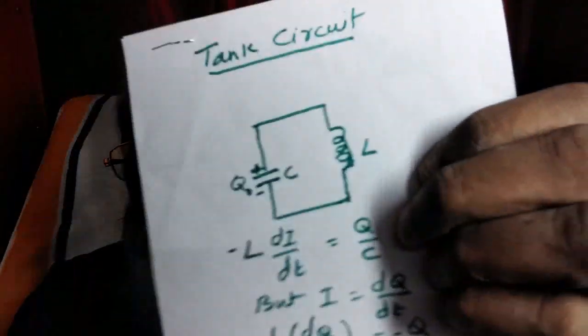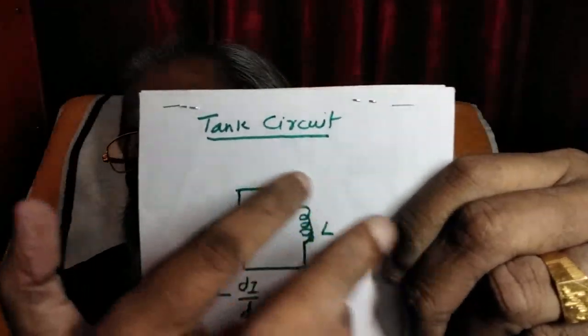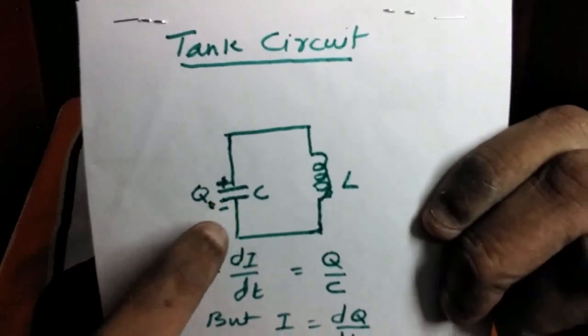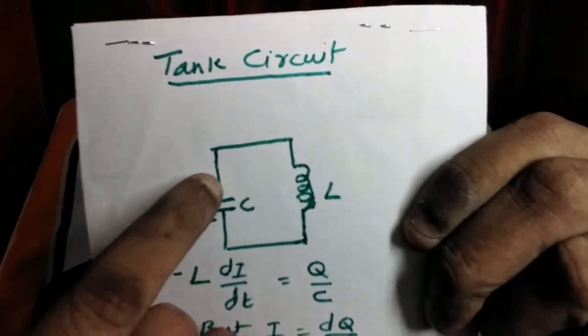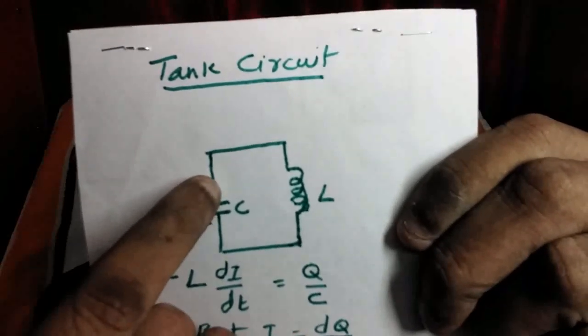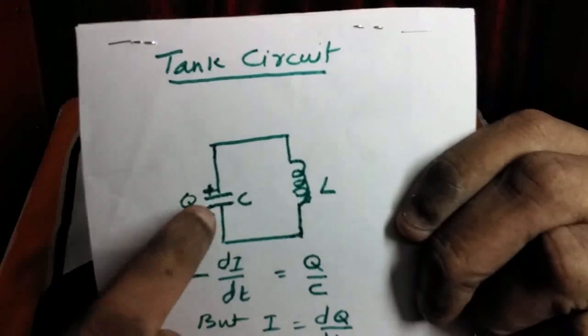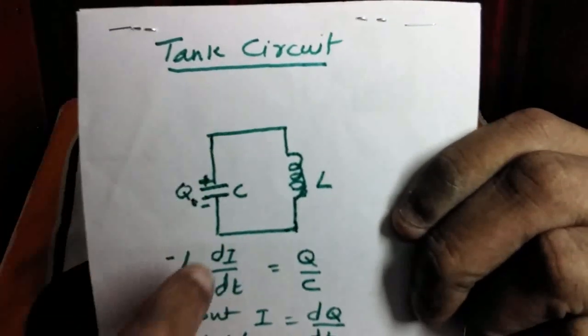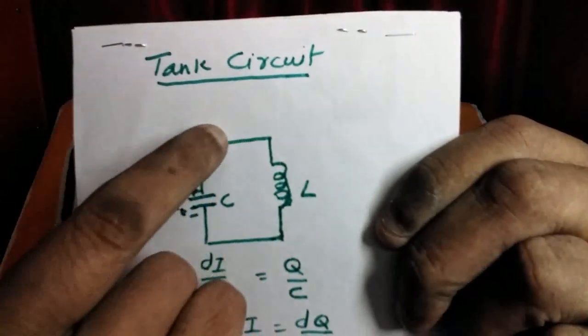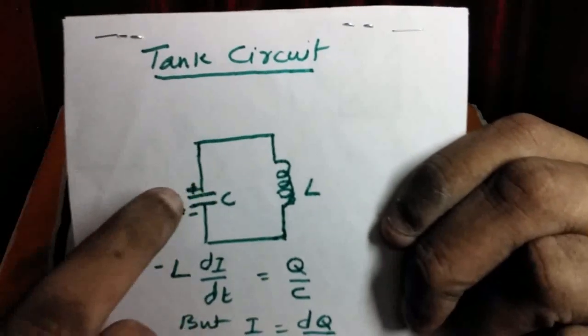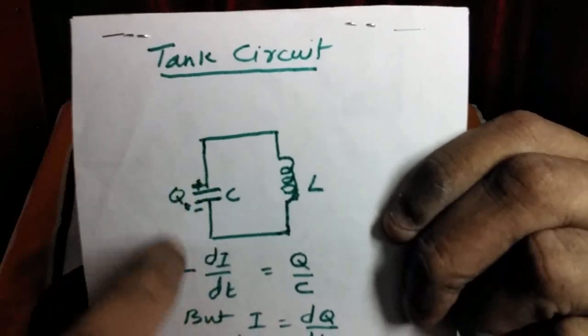Now, what is the physical mechanism taking place here? You know that negative plate means there are excess electrons on this plate, and there is a deficiency of electrons by the same amount as the excess here. When the connection is completed, the excess electrons will flow through the coil and come to the upper plate to neutralize the positive charge. But we know that when a load is connected to a spring and the load is pulled